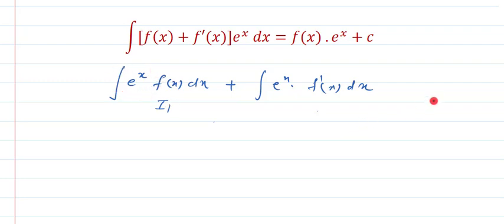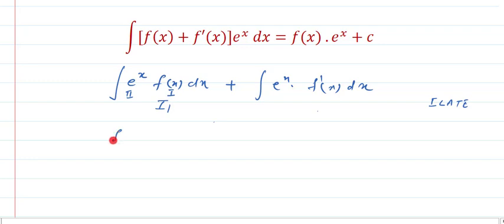According to the ILATE rule, e, the exponential function, is the last function. So whatsoever this f(x) is, according to the ILATE rule, e power x should be the second function. This is one logic. The next is that we need f dash x over here, and we can get it only when we have the differentiation of this f(x), and the integration of e power x is easy. So by both logics, let us take f(x) as the first function and e power x as the second function.